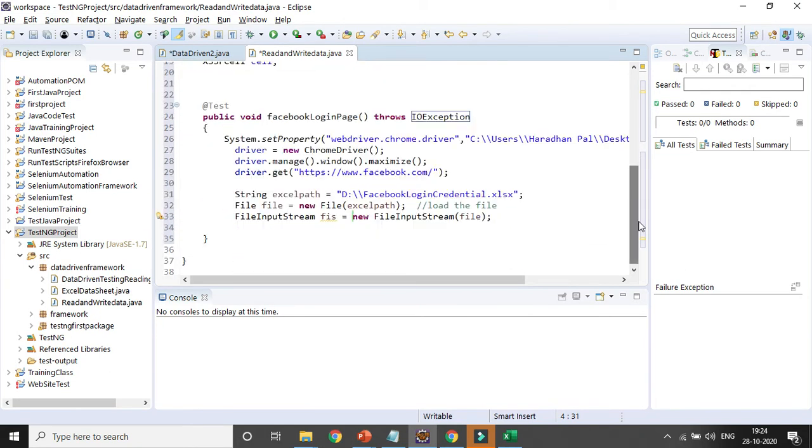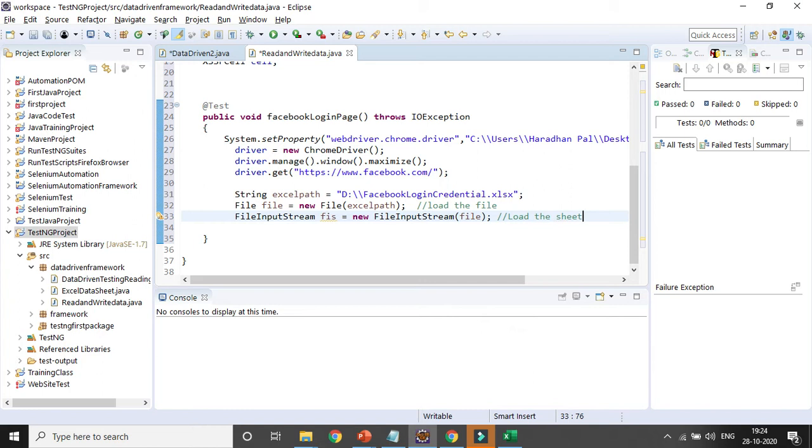This FileInputStream class will be used to load the file, and then to load the particular sheet, because under the file there will be different sheets.